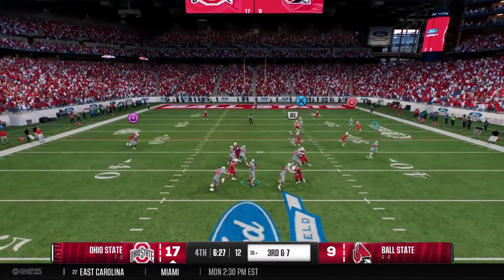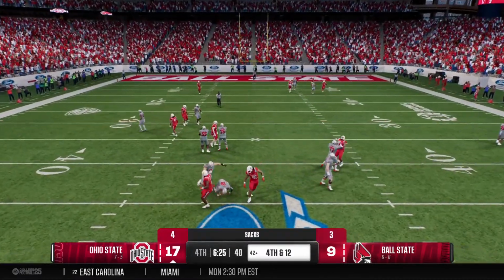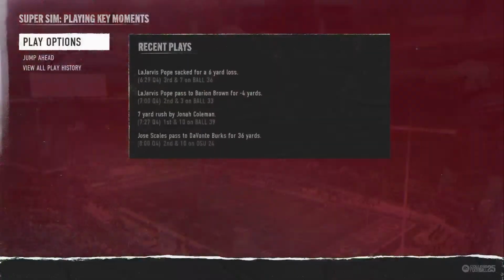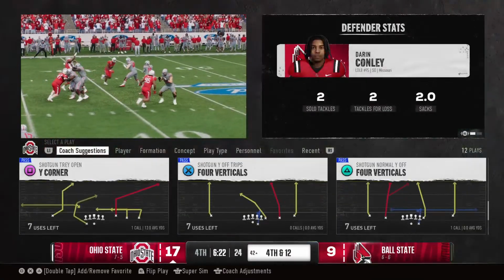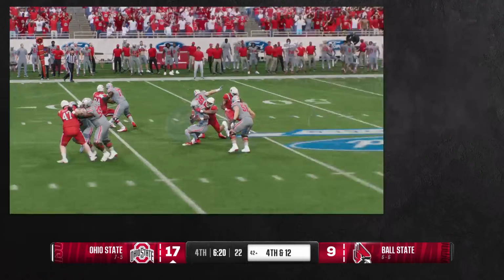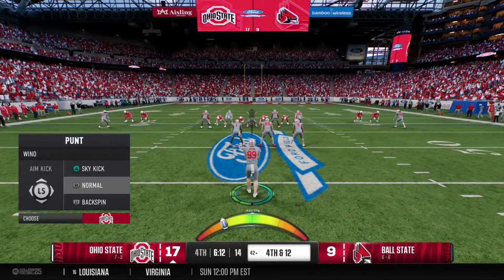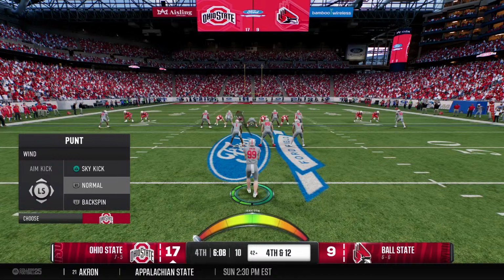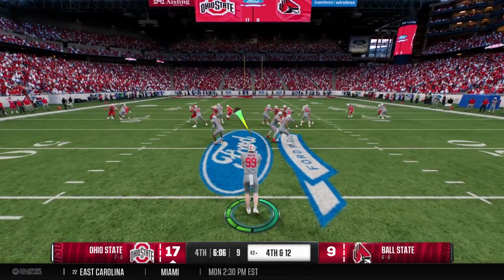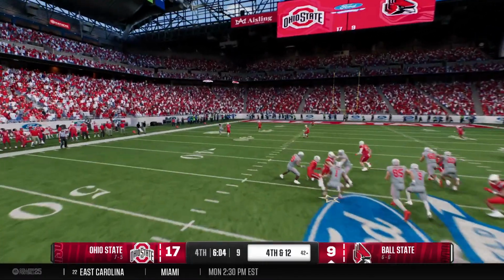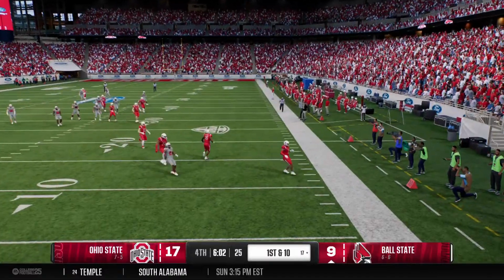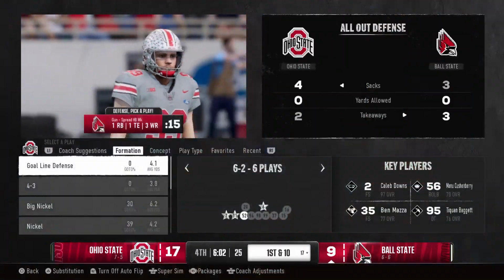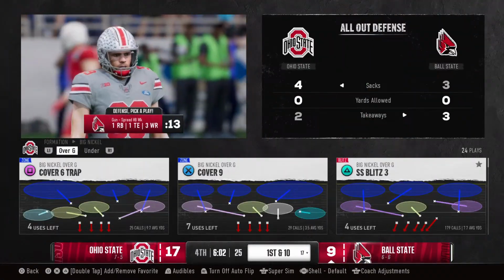Trying to move the sticks on 3rd down through the air. Quarterback feeling that pressure. Down at the 42. I think a big key to linebackers having success when they blitz is the timing. You see how perfect that timing was by that linebacker? It's almost as if he knew when the snap count was. Great anticipation. And the return man will have no chance as the ball sails out of bounds.